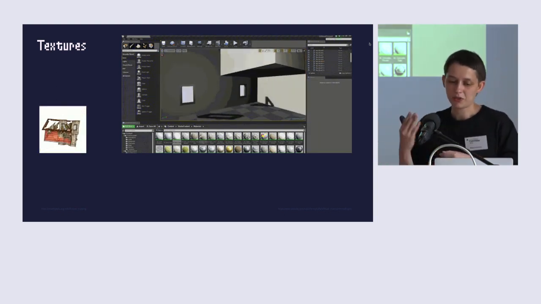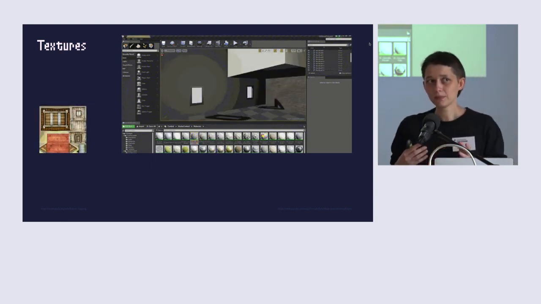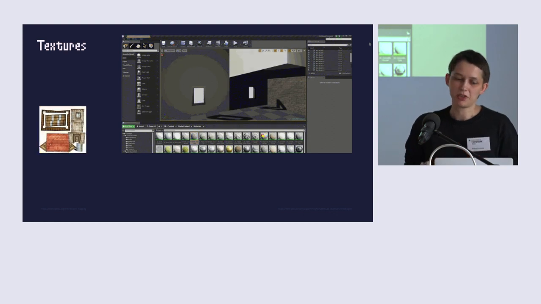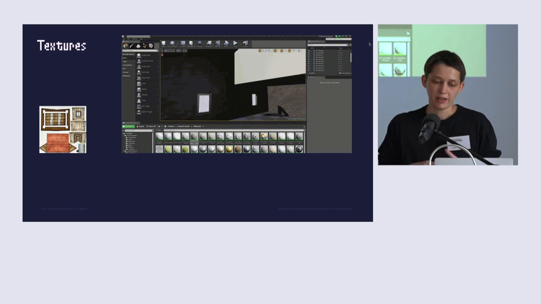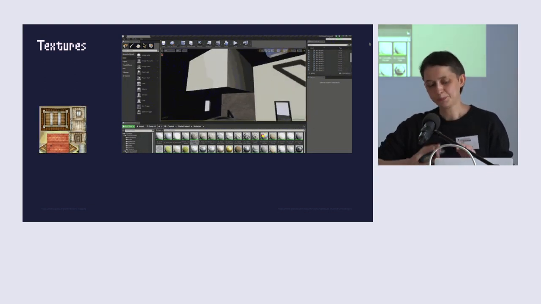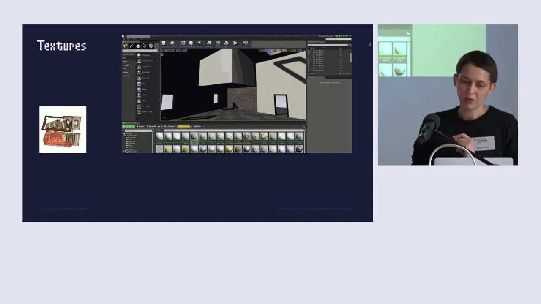And on the right you see the user interface of one of the most popular game engines, Unreal, and you can see how the user is applying different textures to different surfaces within a game.